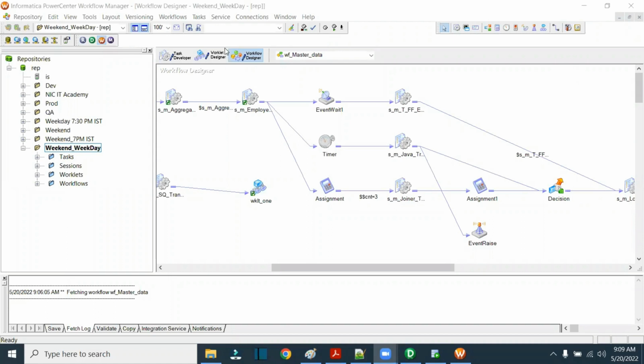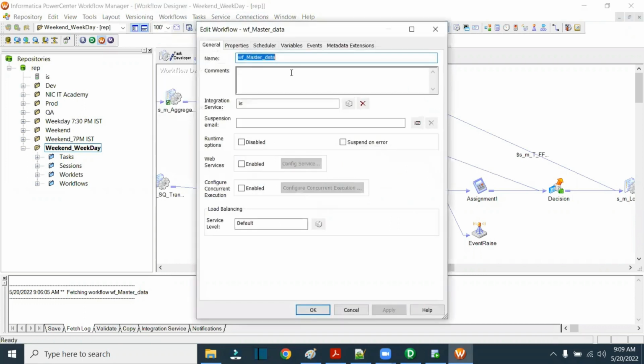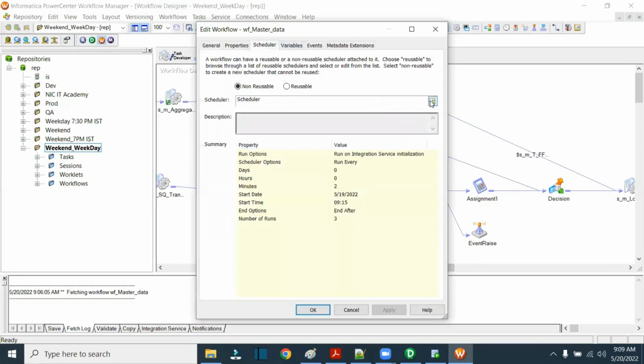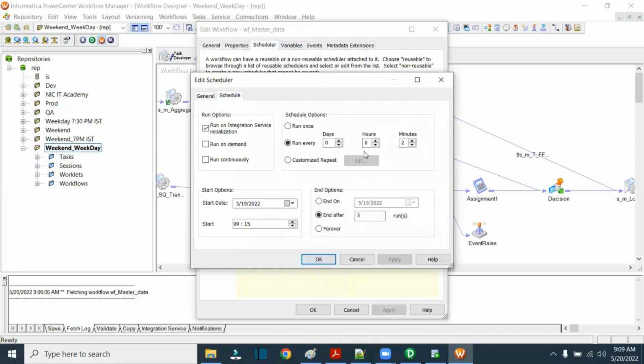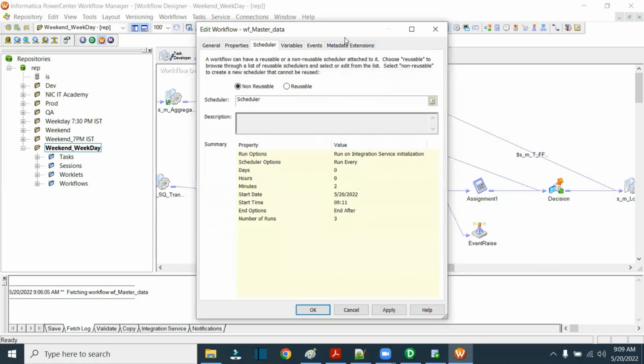Here, if I'm going to schedule this particular workflow, you can go to workflow edit and you have the scheduler. So you can schedule it automatically, and it will be running automatically. Say, for example, I want to schedule it for 9:10 a.m. So I can put 9:10 a.m. or 9:11 a.m. Okay, so run on integration service initialization. I can go for, here, the 20th. Okay, so apply and okay, and I'm going to